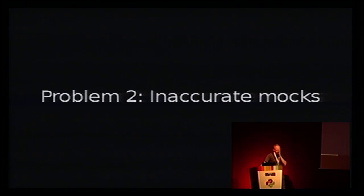The next problem with unverified fakes and mocks is that it's easy to write some ad hoc class which behaves just about the same as the API that you're trying to test. But the trouble is that they're often inaccurate from the very start, and then they grow more inaccurate as the actual real API develops. So I was looking, while writing this talk frantically over the last couple of days, for an example of this, and someone mentioned to me at the stand